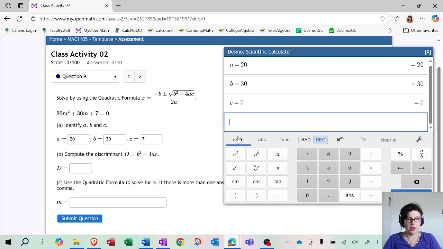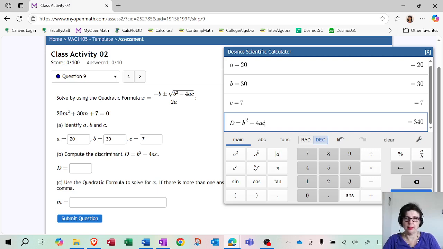Now we want to define the discriminant. So we're just going to type it just like what it says there. So D equals, and it is case sensitive, so be careful. I'm using D capitalized. Okay, so then I'm going to do b, and then to square, just press this button, minus 4ac. Okay, so my discriminant is positive. That tells me that I have two real solutions.